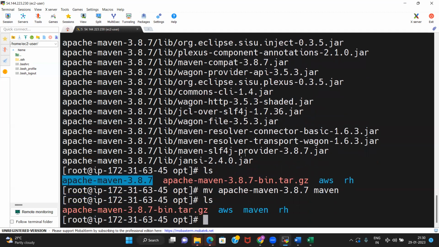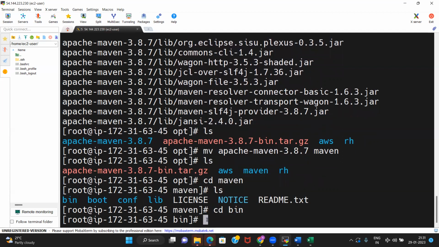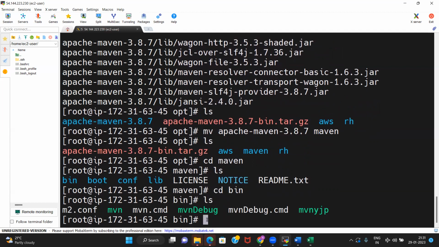Now if you do ls, you see that you have the Maven folder. So Maven is done. Now cd maven, and you see there is a bin folder. cd bin. The binary executable will be there, and you see mvn. This is the Maven executable. How to run it?